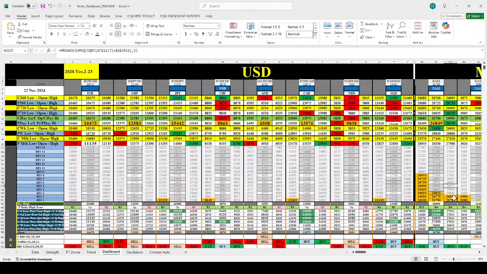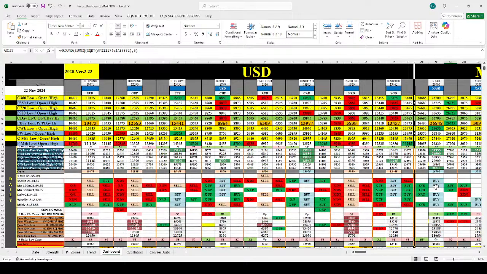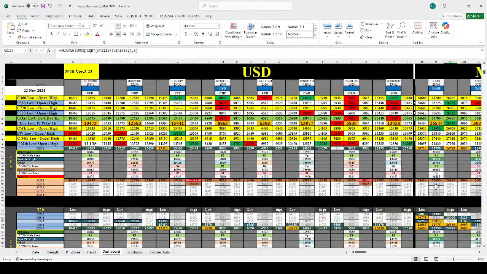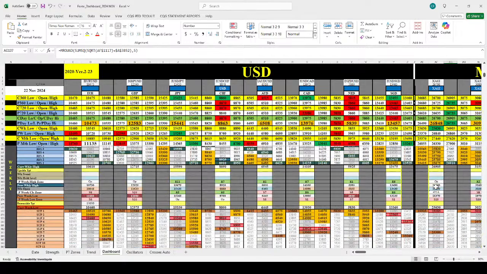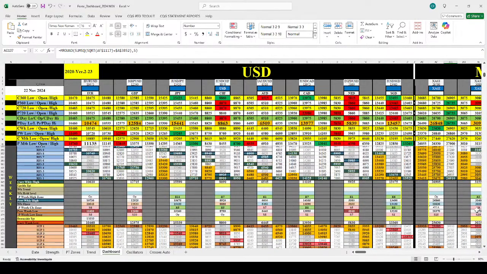On the downside, I think now we have support at 78 half and 75. These are the two key levels we need to pay attention to. If we see this level break, then we may see weakness. Otherwise, this market may start moving higher after hitting these levels. Then the next level I said was weekly RR2, which is 2693 half. So at 2693 half, there is a strong resistance.